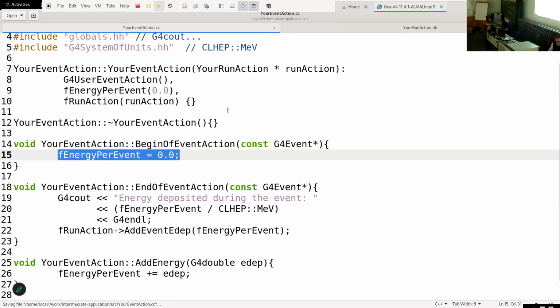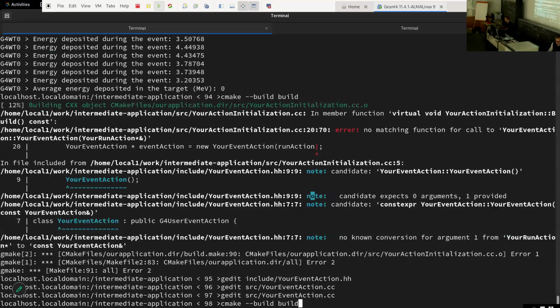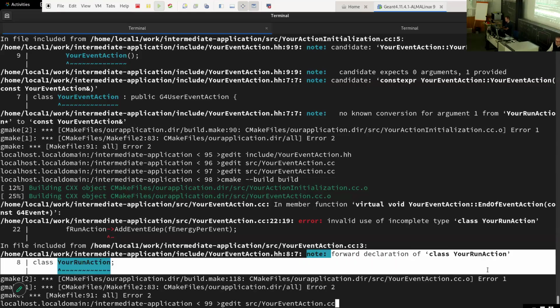Good. So we can save, we can close, we can recompile. Nobody noticed we were missing something. So we see an error here, invalid use of incomplete type. This is an error that happens every day at least once. And also the compiler is telling us, watch out, there is a forward declaration of the class, but we didn't include the header. So